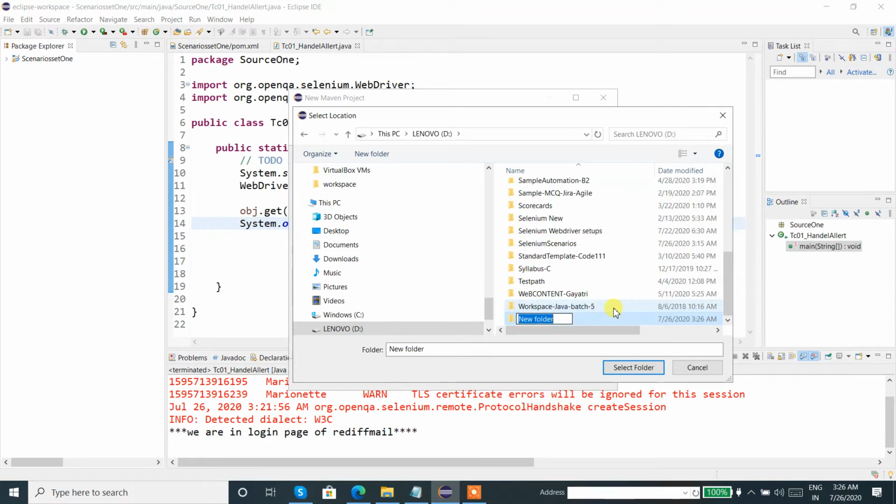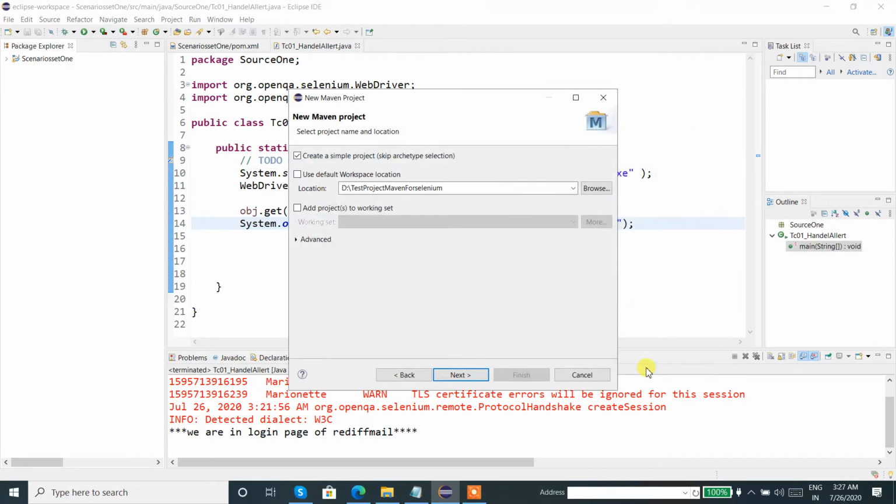Let's say the project folder name is test project Maven for Selenium. This is the project name. So I created this folder. Let me select the folder name.